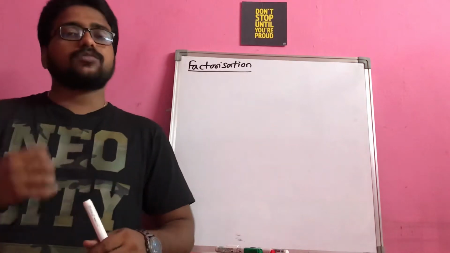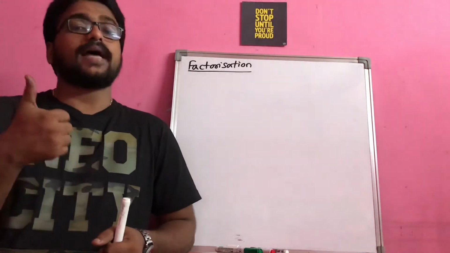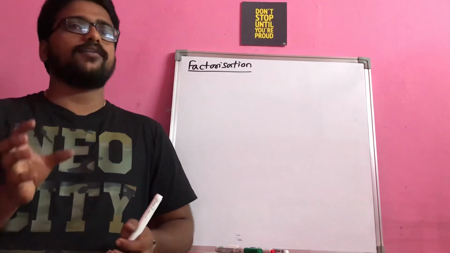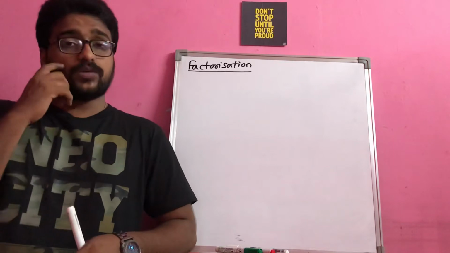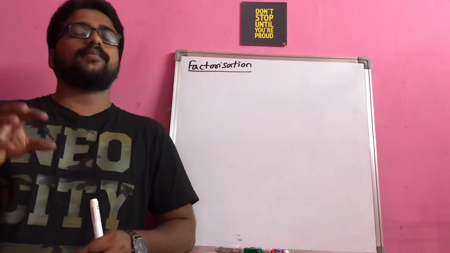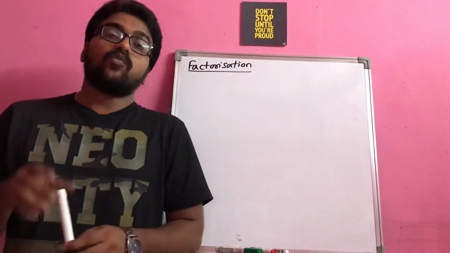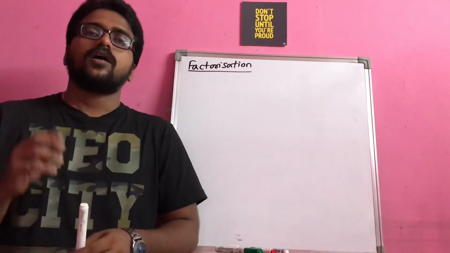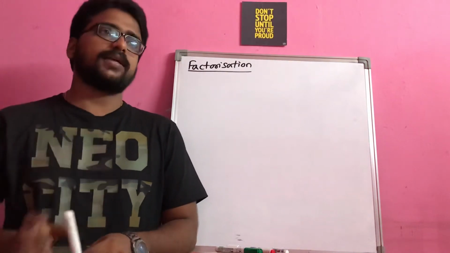Apart from that, I want to teach you how to do the factorization if irrational numbers are involved, and how to factorize if you have more than 3 terms in the quadratic polynomial. Usually a quadratic equation is a trinomial, because it has 3 terms. What if the question has more than 3 terms in the equation? How do you have to think when you have more than 3 terms? Let us see all that in detail.